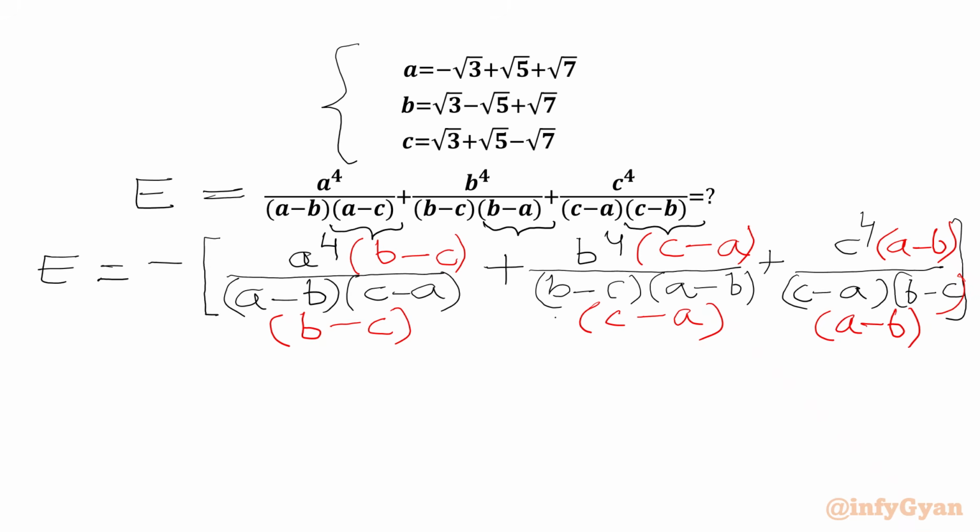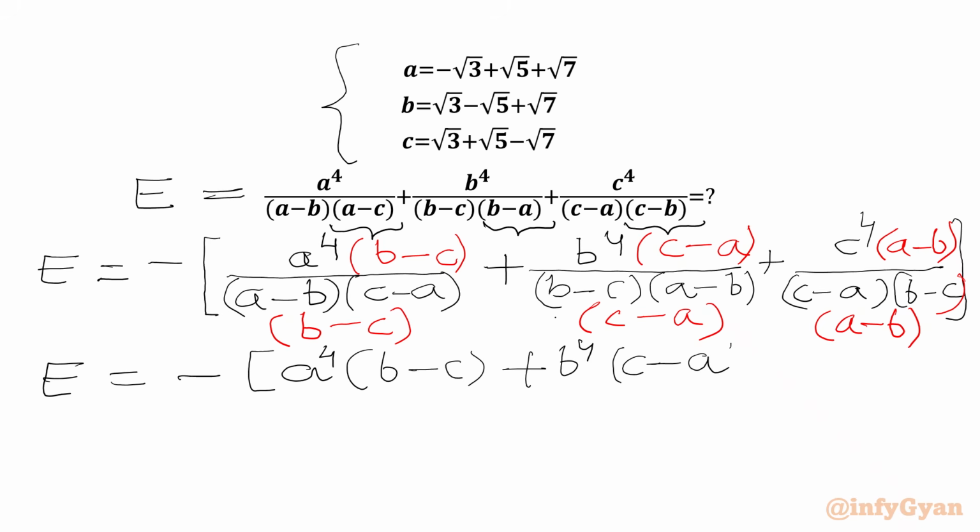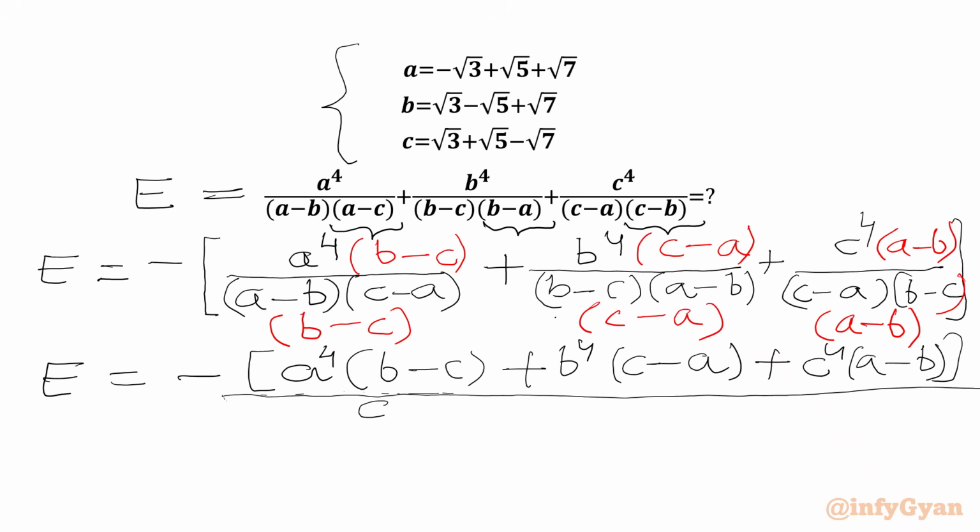Now our denominator is common: A minus B times B minus C times C minus A. So we can write E equal to minus of, in numerator, A power 4 times B minus C plus B power 4 times C minus A plus C power 4 times A minus B, and in denominator, the common denominator A minus B times B minus C